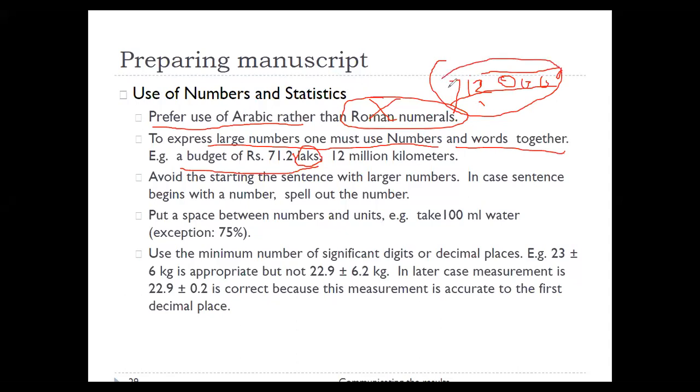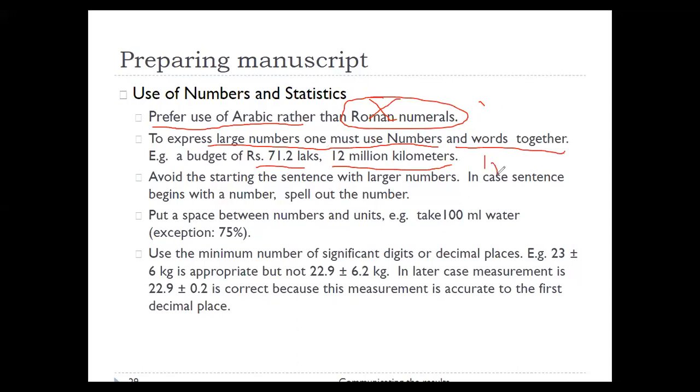So that takes time, and that is not convenient to read, keeping so many zeros in front of that. Instead, you can write 71.2 lakhs or 12 million kilometers, right? Or 120 lakh kilometers, right? Or 1.2 crore kilometers. That can be easier instead of saying that 1, 2, 0, 12 million means 12 varti 6 shunya, 1, 2, 3, 4, 5, 6, 0, that many kilometers.